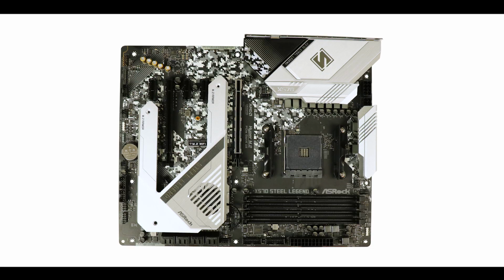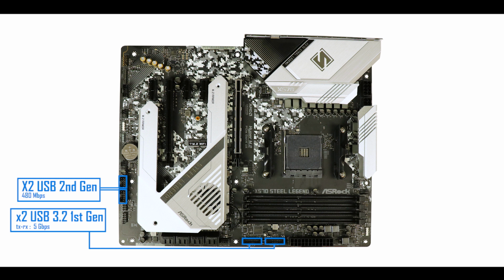Onboard wise, we have 2 second generation USB plugs and 2 5 gigabit 3.2 first generation front panel connectors. But where I am truly excited is to find an extremely rare Thunderbolt 3 connector. And when I say rare, I mean this is the first time that I see it on an AMD motherboard, and maybe it is even the very first time you see a Thunderbolt on an AMD motherboard,